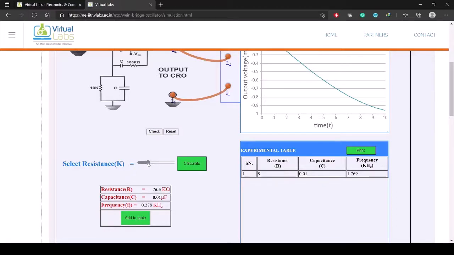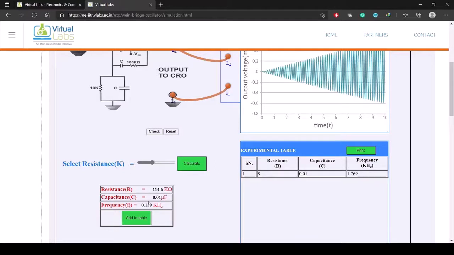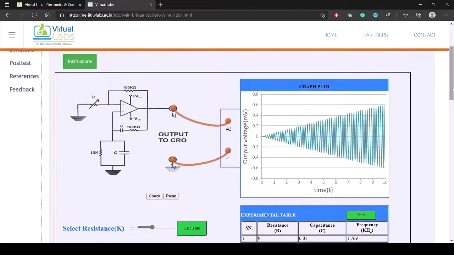Again if I increase the resistance value, suppose to 114.6 kilo, and now if I calculate, you get the frequency value 0.139. But if you see the graph here, it is exponentially increasing, right? That means it is an overdamped oscillation, because here the loop gain, that is A beta, is greater than 1.